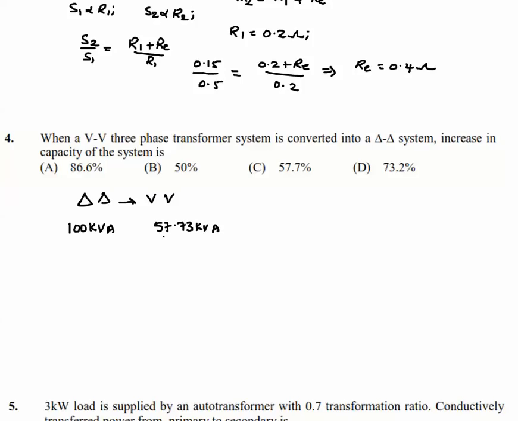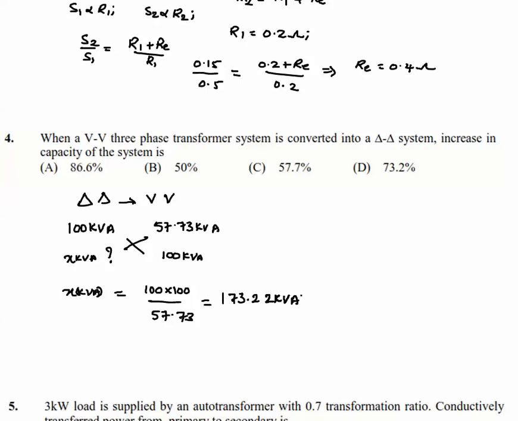That means this much capacity is decreased when we open the one winding. So now the given question is, suppose this is 100 kVA, how much will be the increase in capacity? We have to represent it in terms of percentages. For example, I will take X kVA here. By cross multiplication, X kVA is equal to 100 into 100 divided by 57.73, and we will get 173.22